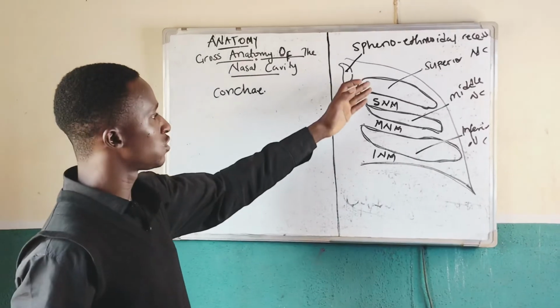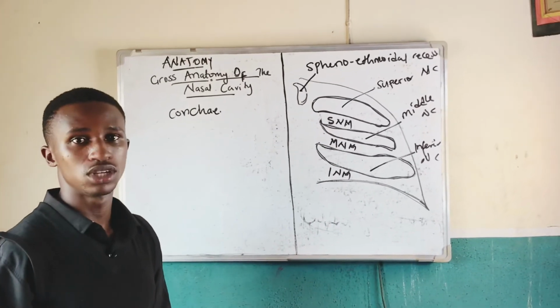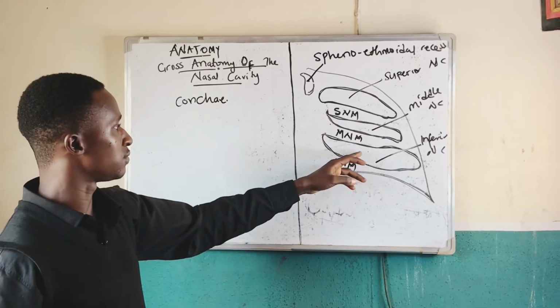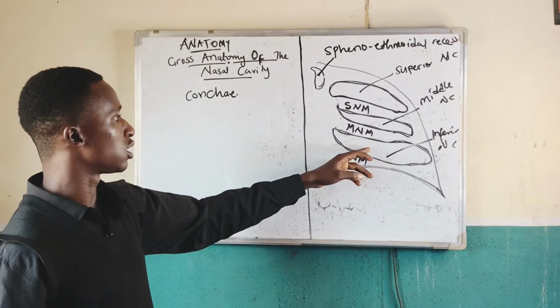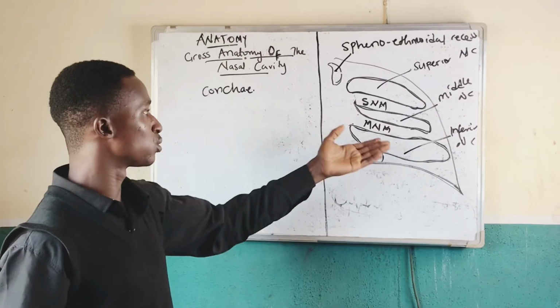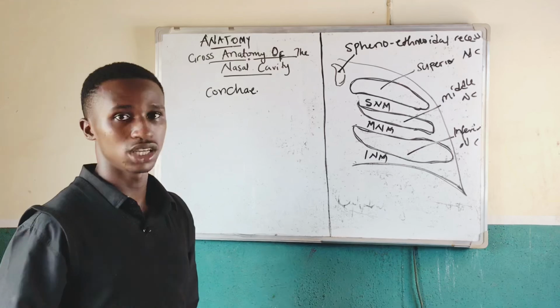Remember, of all these 3 conchae we mentioned, the largest, the longest is what we refer to as the inferior nasal concha. As you can see in the diagram, the inferior is the largest. These projections, which are called the conchae, are formed